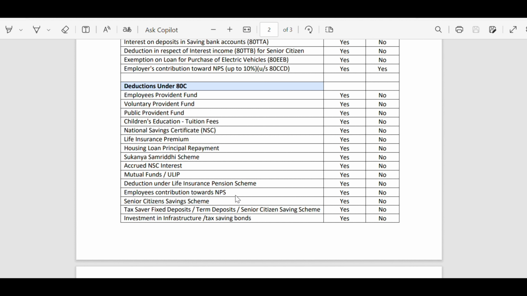But if your income is less than 15 lakh, or 10 lakh, and you are going with the old tax regime, claiming the 80C benefits, claiming the interest on the housing loan, or the principal part of the housing loan, it is very essential for middle class people. We should align our investment goals. Let's say you have an investment goal to invest rupees 50,000 of your money into mutual funds or ELSS. So instead of putting it in random mutual funds, you can put it into an ELSS fund, which